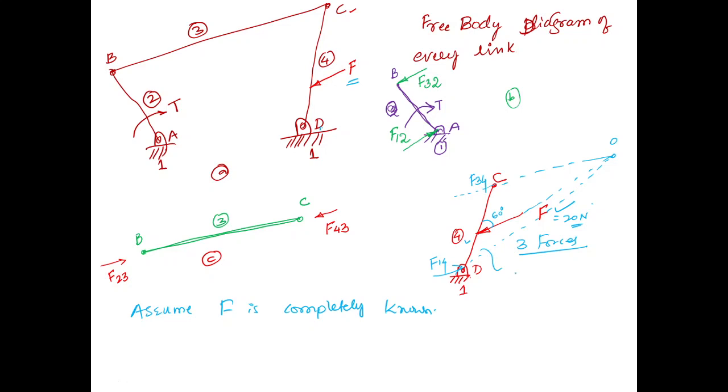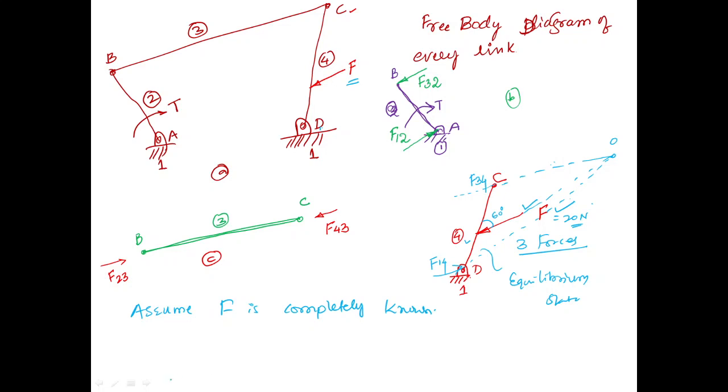Now as you want to get this member in equilibrium state, the point of concurrency has to be at O. To get this point of concurrency, you know the direction of one force. Here you don't know the direction of these two forces. Now for this, the direction of one more force must be known.